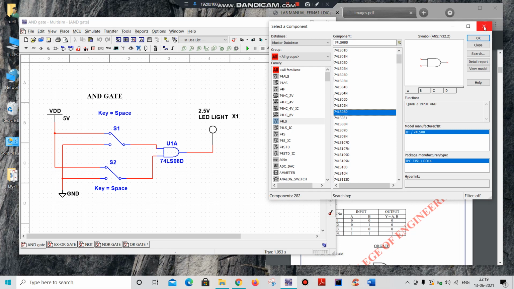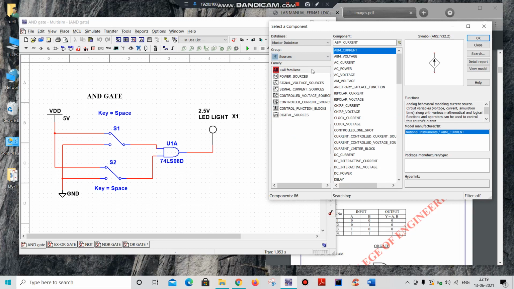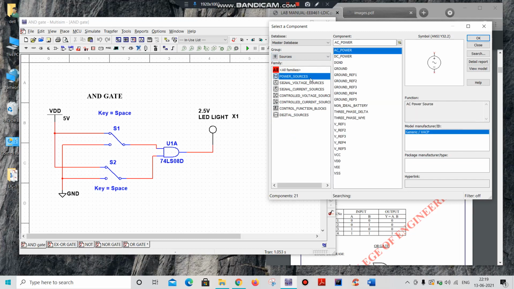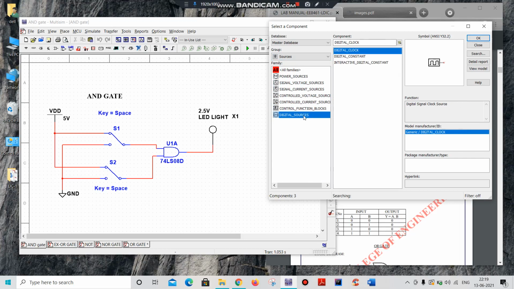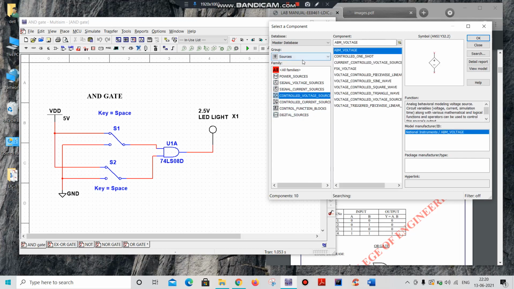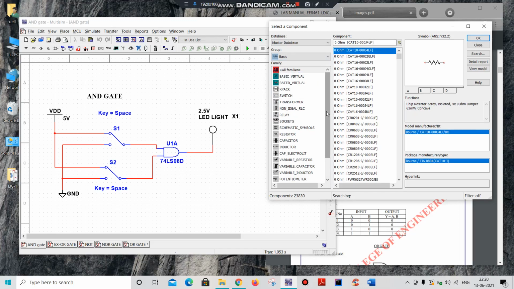Similarly, you can take the switches from basics. Sorry, it is not source, it is from basics.